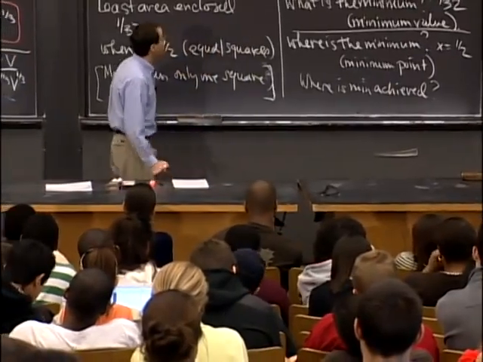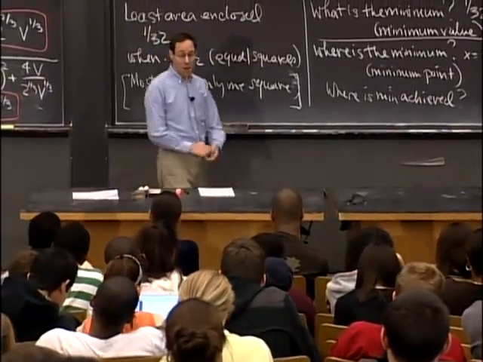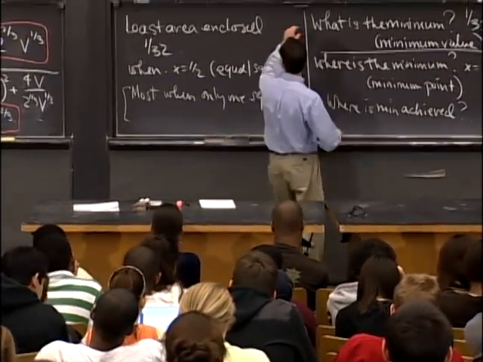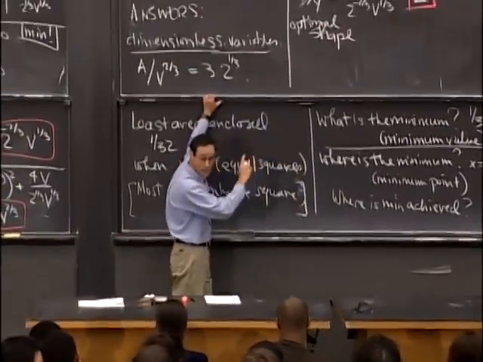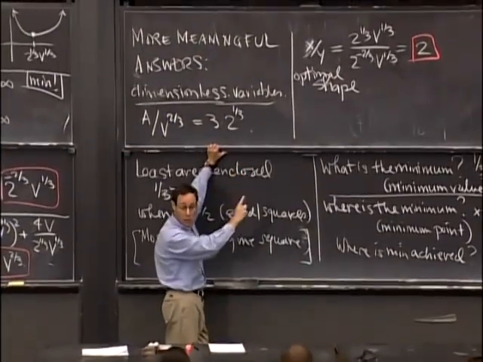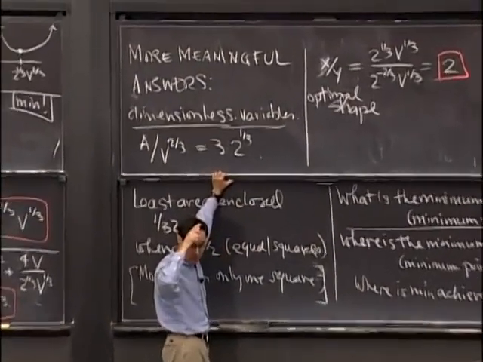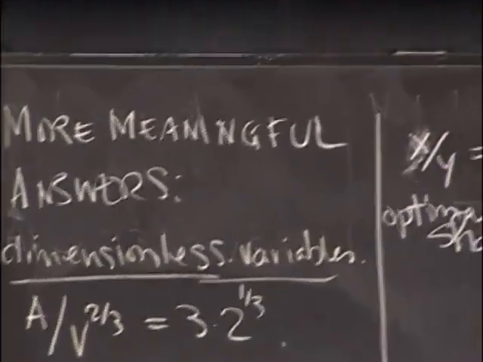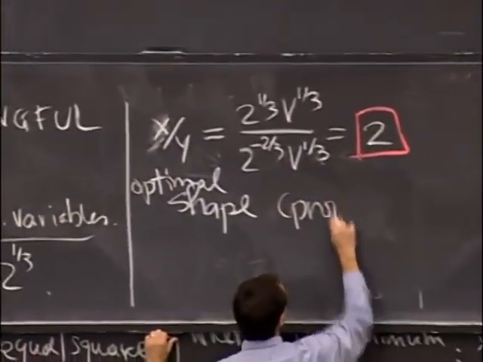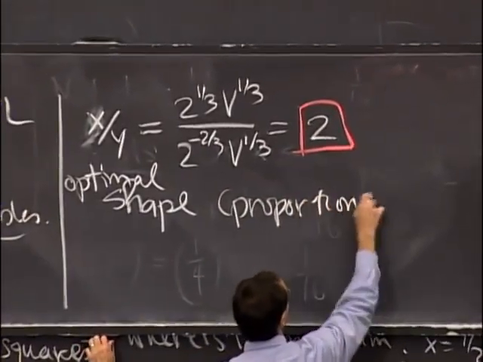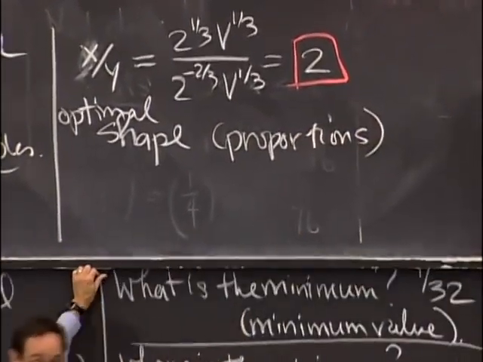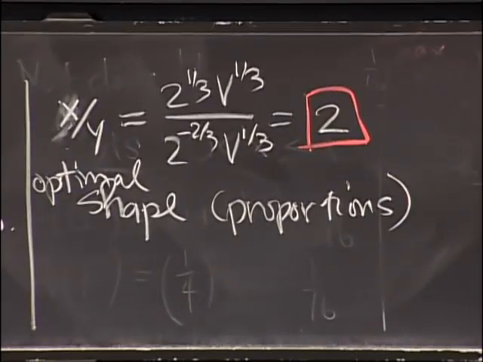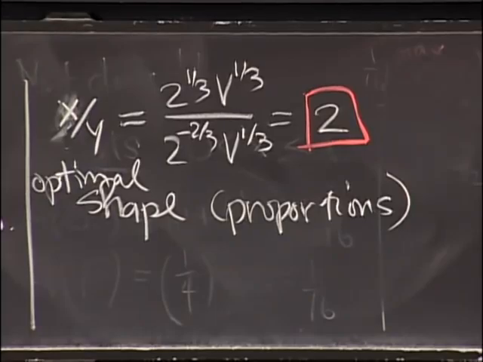Why did I divide x by y rather than y by x? So again, what I was aiming for was dimensionless quantities. So x and y are measured in the same units. And also the proportions of the box. So that's another word for this, is proportions. Are something that's universal, independent of the volume V. It's something you can say about any box at any scale, whether it be,